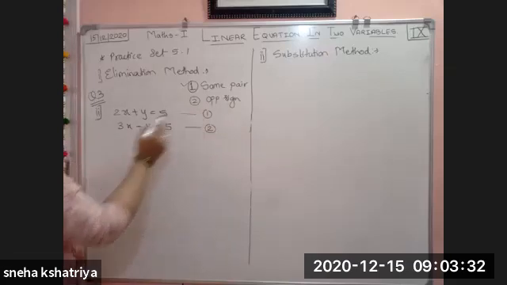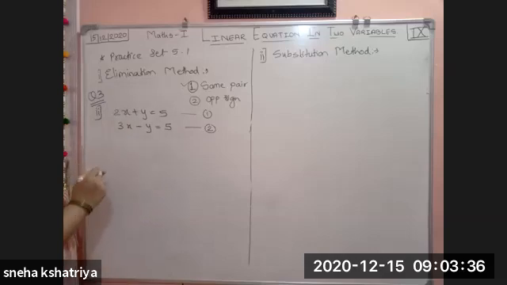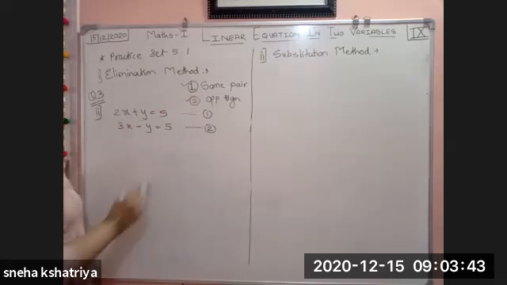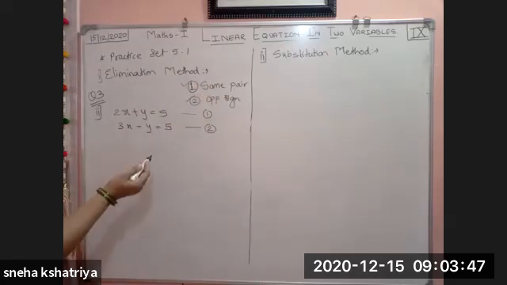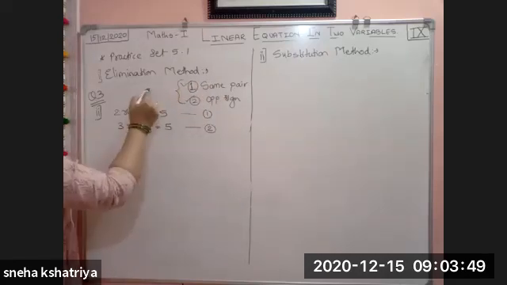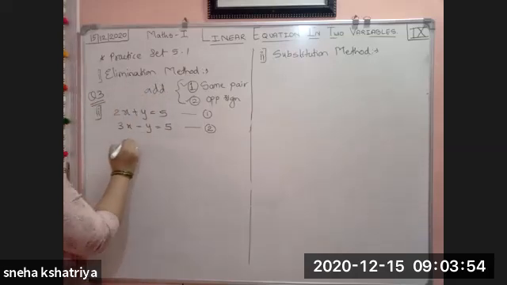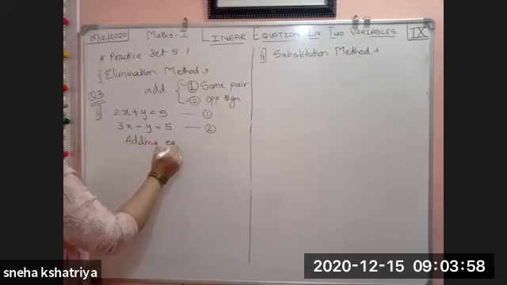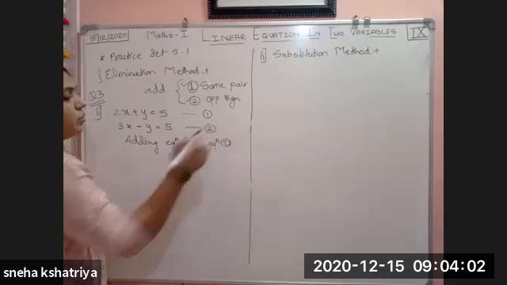Afterwards, what we have to see, for that same pair, do we have an opposite sign? Yes, we do have an opposite sign for that same pair. See here, here is plus, here is minus. So we get the opposite sign. If such kind of examples we directly get, then simply add both the equations. So you have to write here adding equation 1 and equation 2.